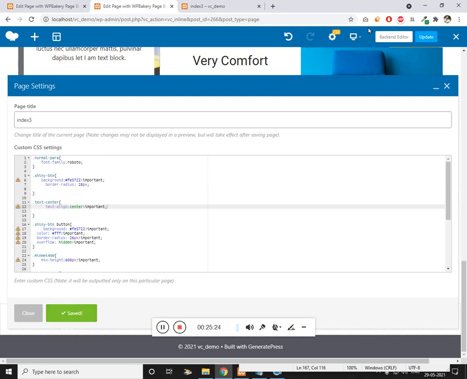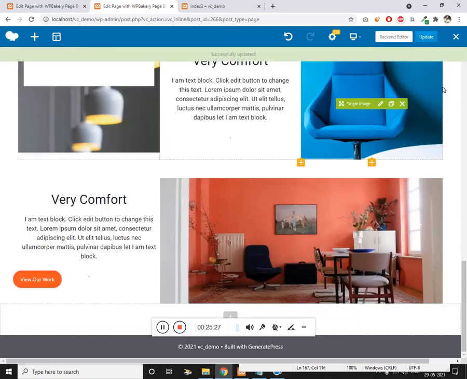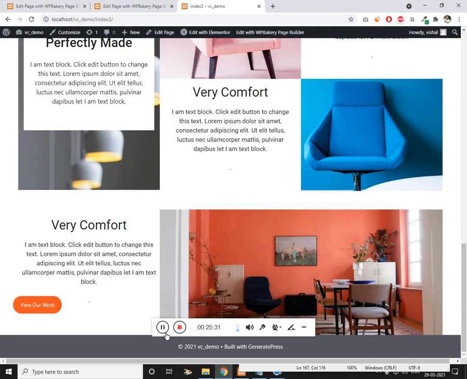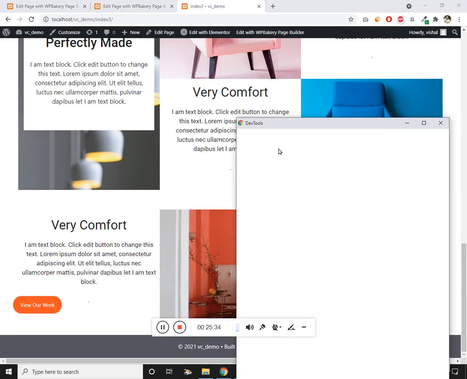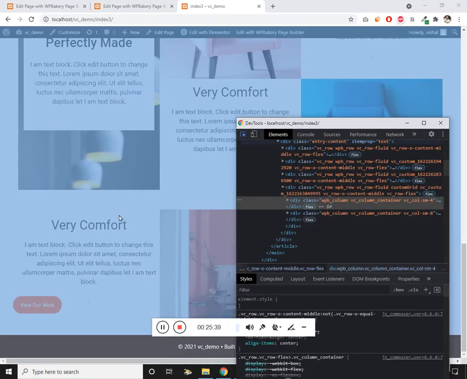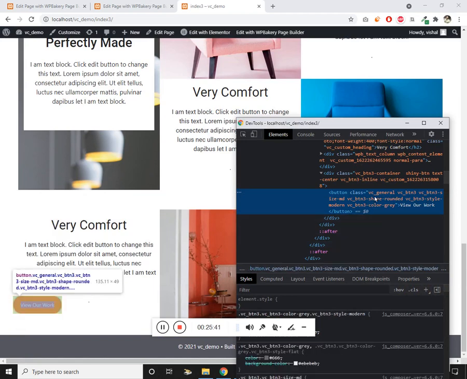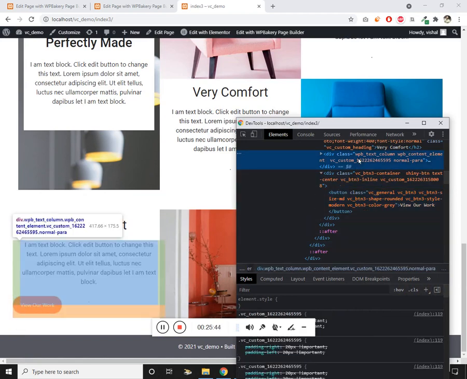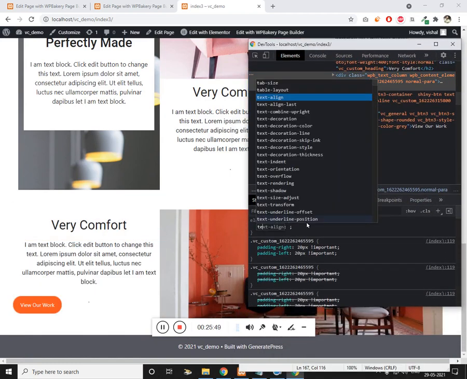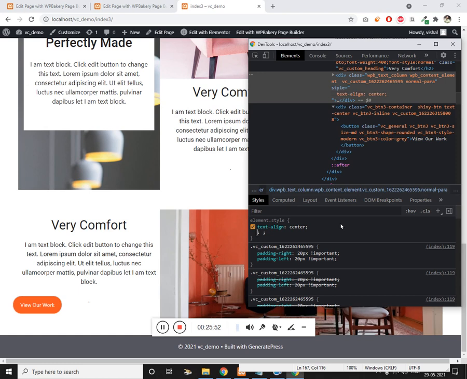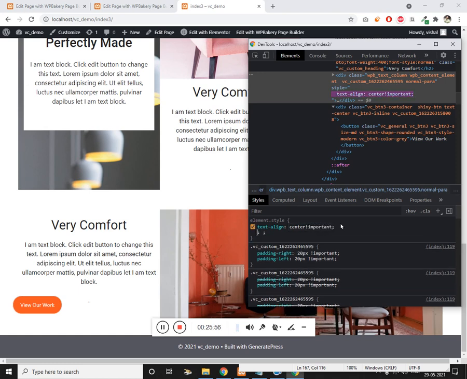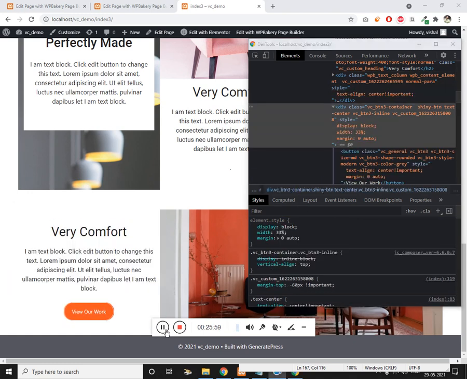Now let's check. In case that doesn't work, get into the inspect section, and let's choose this. So I'm going to give this style.